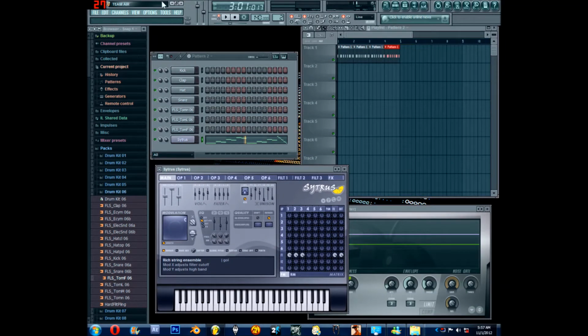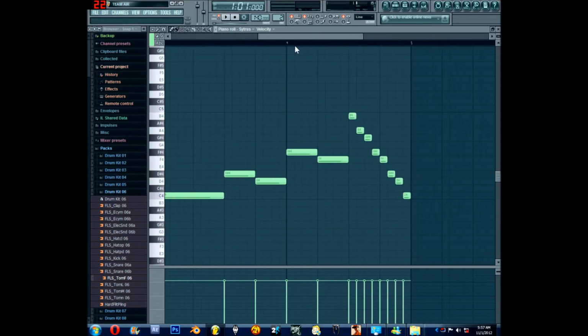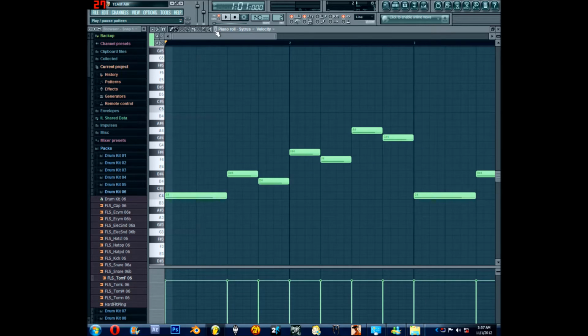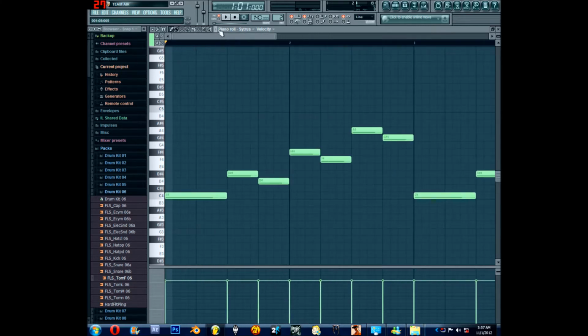For your dubstep. Basically, I'll start off here. I just got a simple little drum beat to put it over when it's done. As far as my actual sound, I'm just going to play this for you. I'm going to turn this into a wobble bass, but it's basically just a little diminished part, I guess. It's really kind of simple, but now